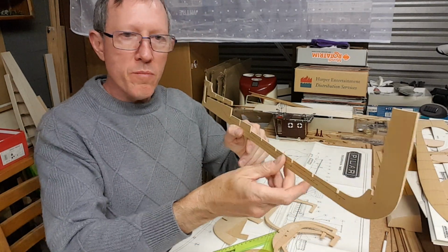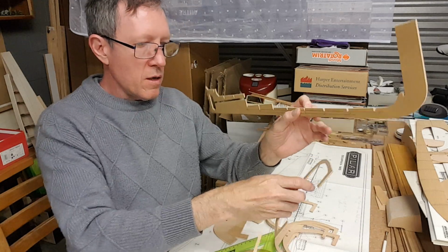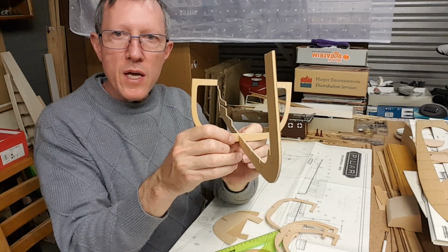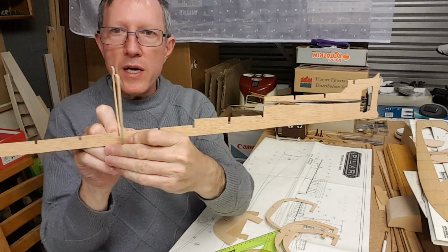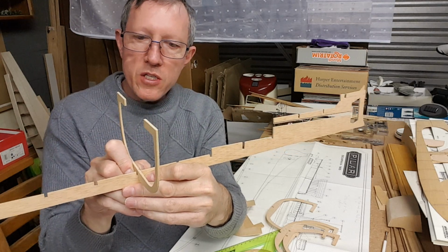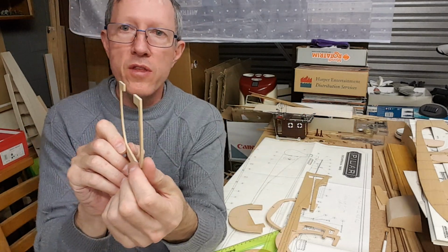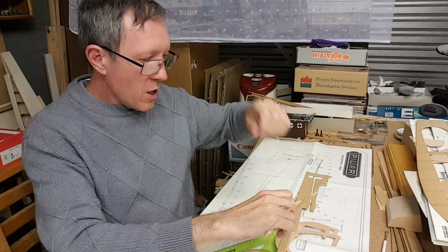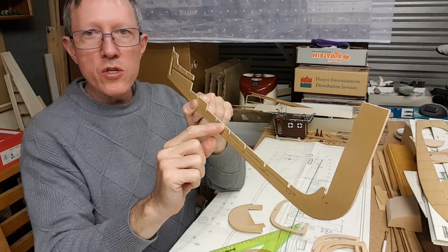But even after I've done the shimming, putting a thin piece of wood either side here and on my bulkheads, so that eventually when I slot these in, they fit at least snugly into position there, we still need to ensure that, because it'll still be quite easy to have a couple of millimeters off that way, or even a little bit off center there. So there's going to be a lot of checking square, and even doing so, these are thin, so you could quite easily get all sorts of weird shape going on once you start your planking. But step number 1 is just to achieve the ability to glue these on